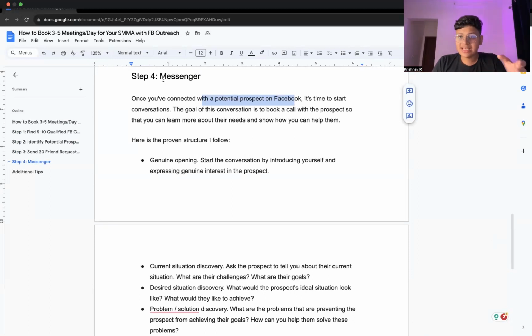The goal is never to sell these people. The goal is to help them identify the problem they're facing in reaching their desired situation. If you're working with a real estate agent, what's the desired result they're looking for, and why are they not able to achieve it? The goal is to identify that, and then show your solutions as the answer to it, and actually assist them in taking action and achieving their goals. So never think of sales as something super sleazy, neither on Messenger nor on sales calls. We're genuinely here to help people and be a helping hand.